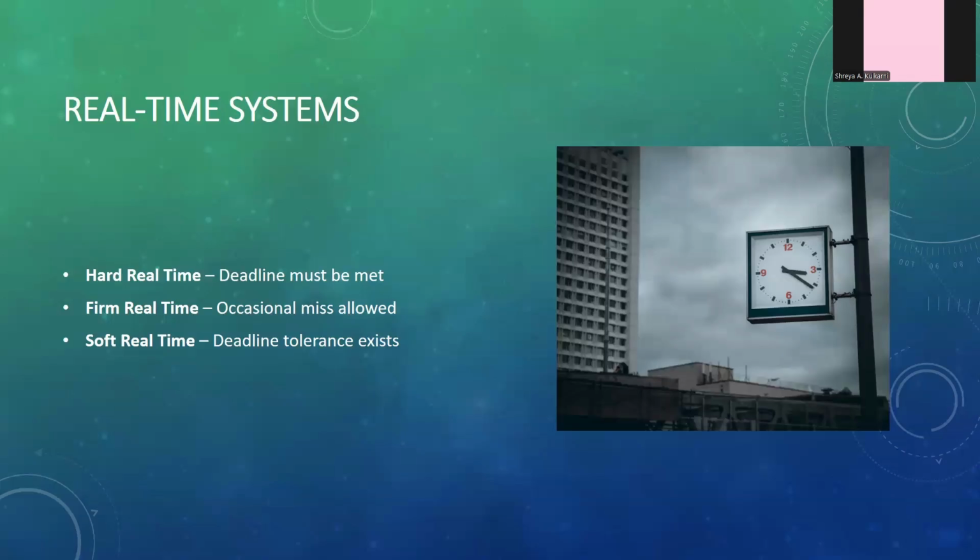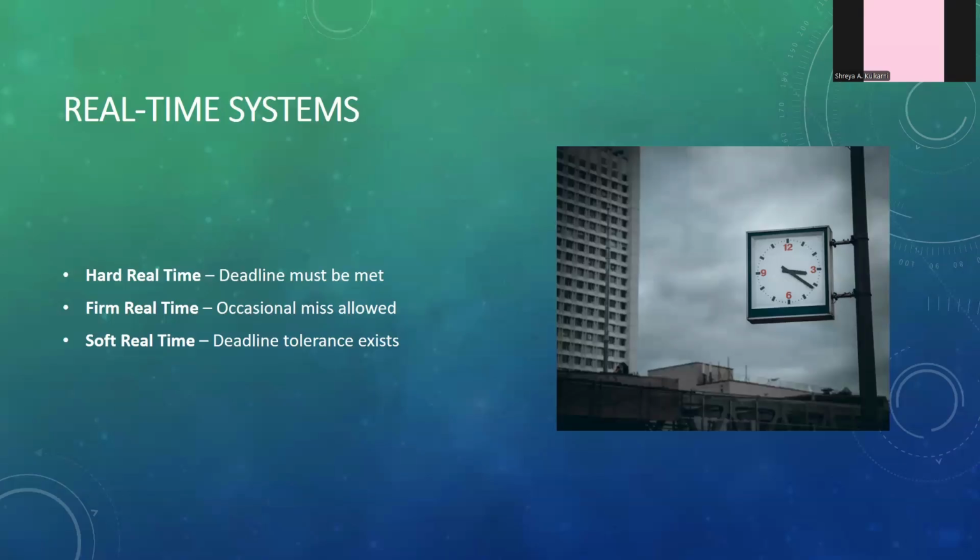And next we have firm real time system. In this, human life is not in danger, but money is in danger. For example, if a space rover is landing on the moon or maybe on some other planet like Mars, if there is some issue in that, if there is some delay in that, then the cost is affected. For example, maybe more fuel is required if there's a delay in landing. So yeah, the money and the property is at risk, but the life is not at risk. So occasional miss is allowed, but still the deadline is important here.